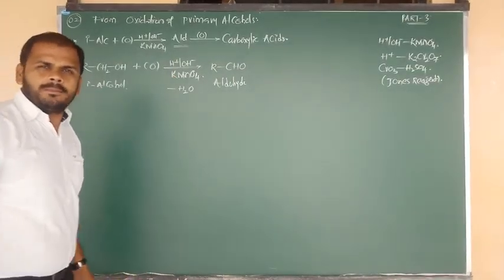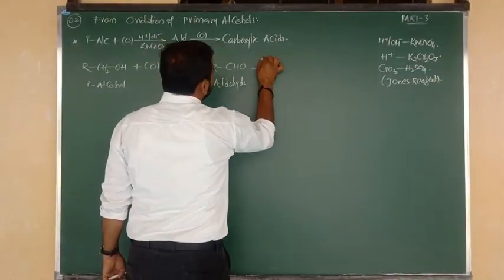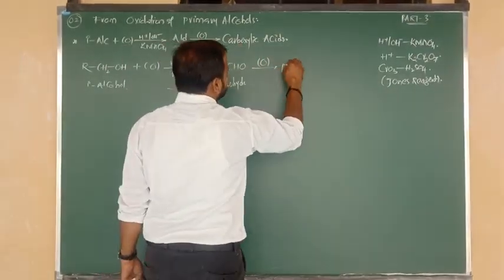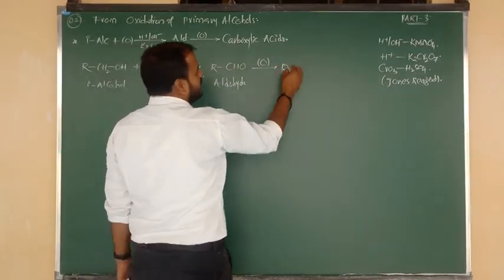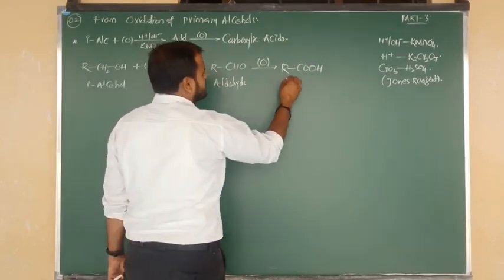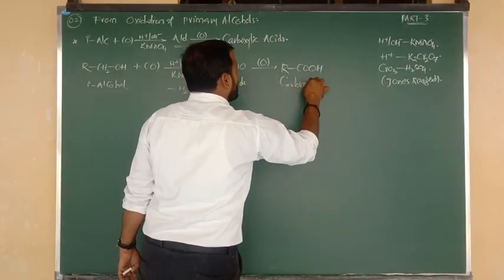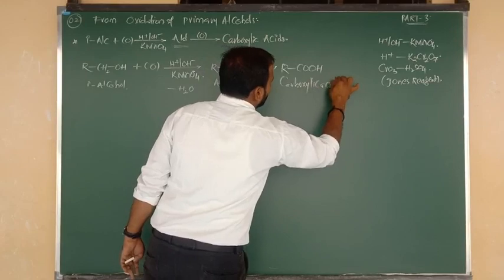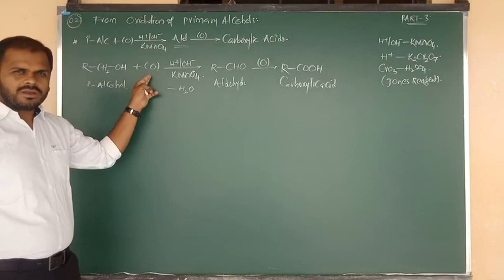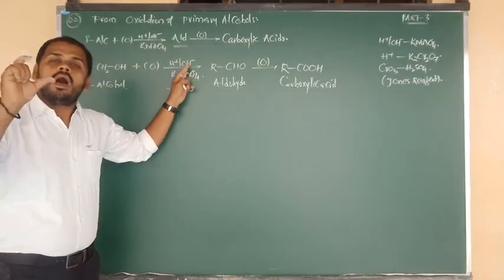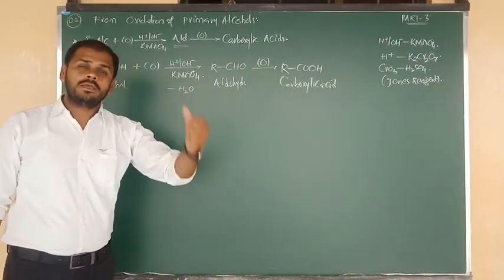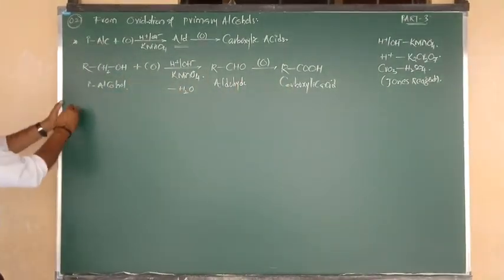Again, such an aldehydic compound further undergoes oxidation. Simply, insertion of oxygen takes place. The aldehyde group upon oxidation changes into the product, which is nothing but the carboxylic acid. Everything will be balanced. So this is your final product. What is the name of this final product? Carboxylic acid. Clear? Good. So primary alcohols upon oxidation by using acidified or alkaline KMnO4 give aldehydes and finally form the carboxylic acids.